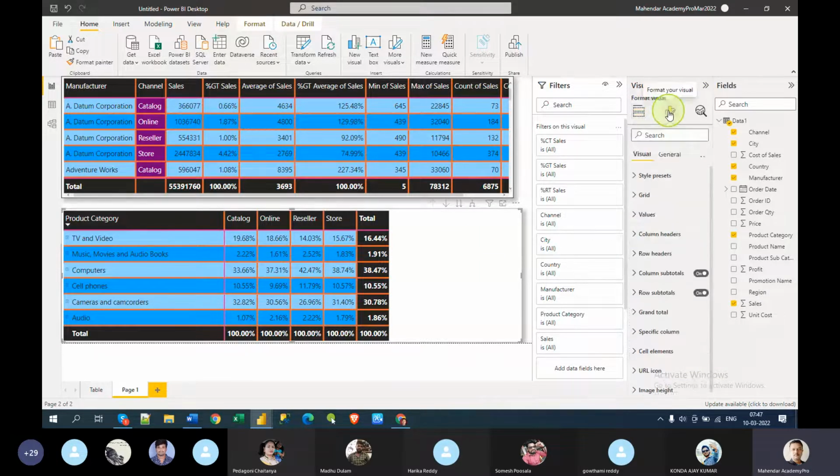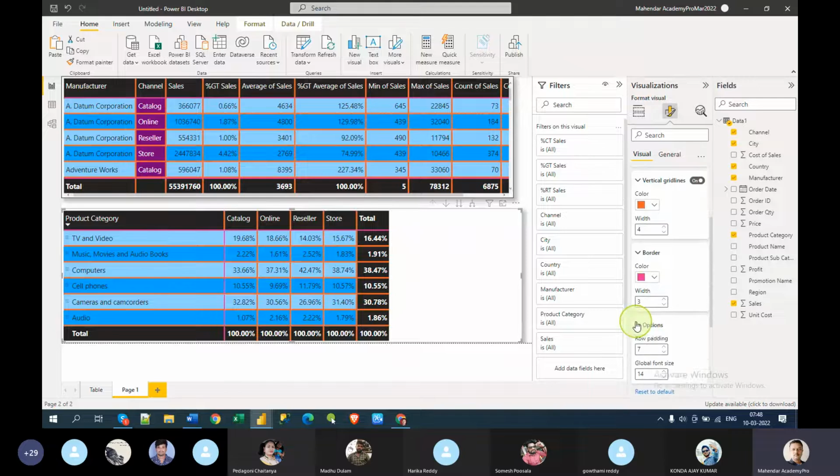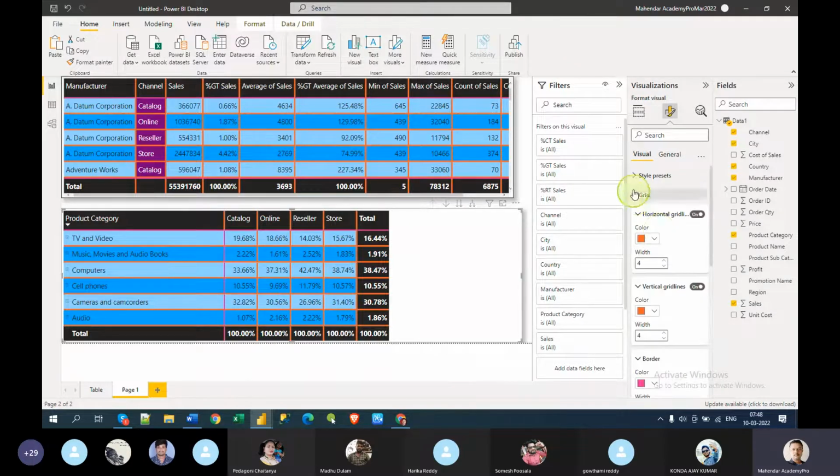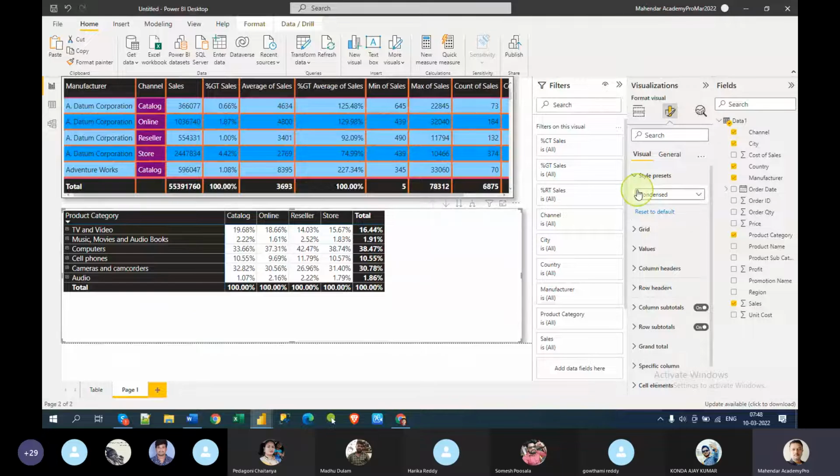Go to this, and go to general, step layout. So step layout, these columns are actually changed. Grid, vertical grid, borders, options. So the same thing you can also change, but these are different styles that you can see.